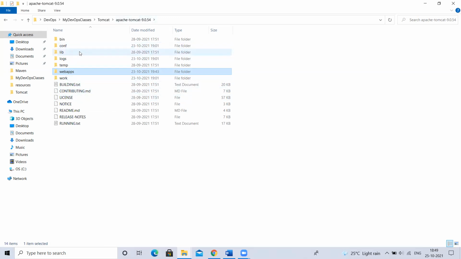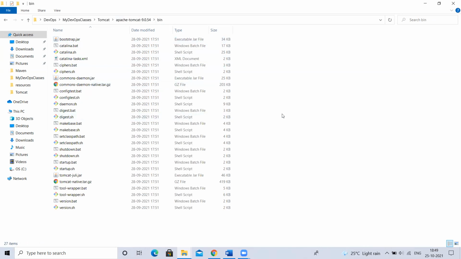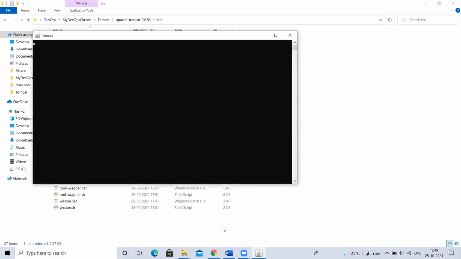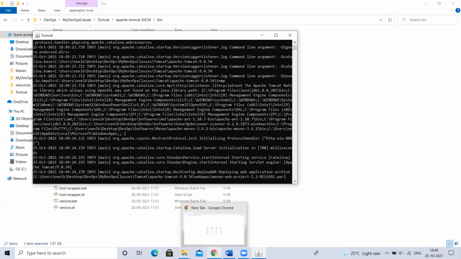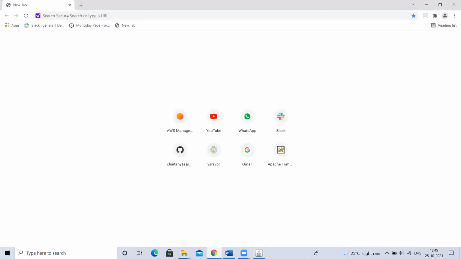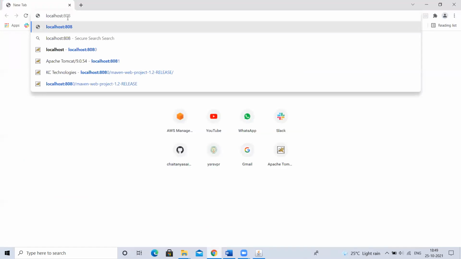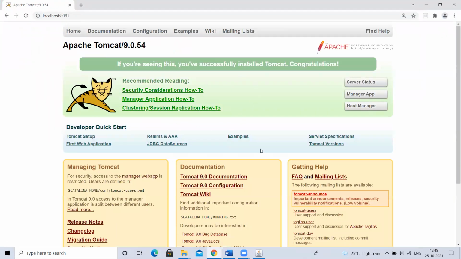So now let me start my Tomcat. Okay, so I'm going to start it. Localhost 8081, I think, right? Yesterday I was able to access this. So from here, I can do the deployment. Directly copying into the webapps directory, that is a deployment only, but that is not a correct way, actually not recommended, right? You can do it that way. I'm not saying you cannot do it, you can. That is what we have seen so far.